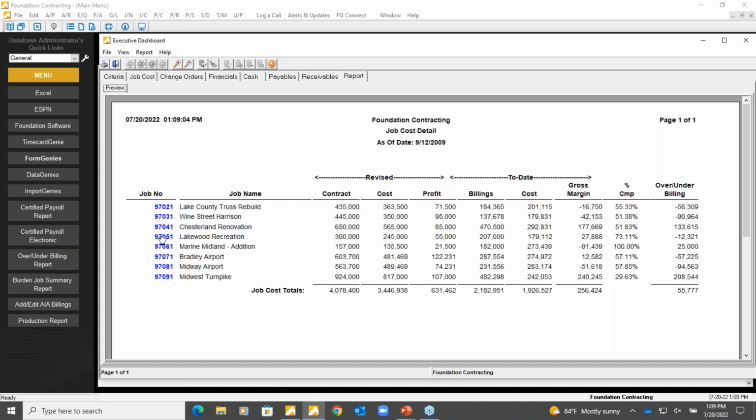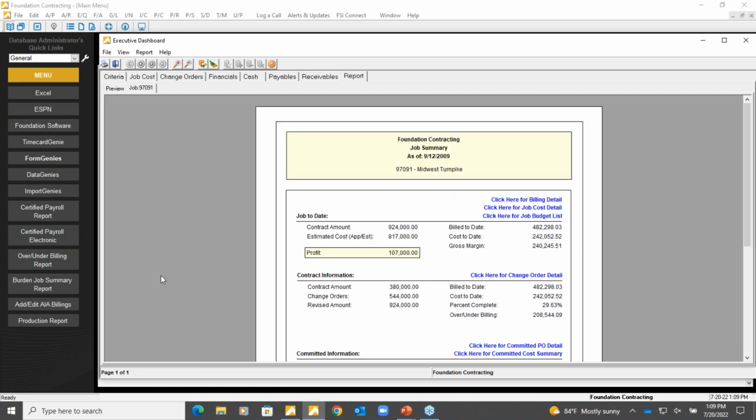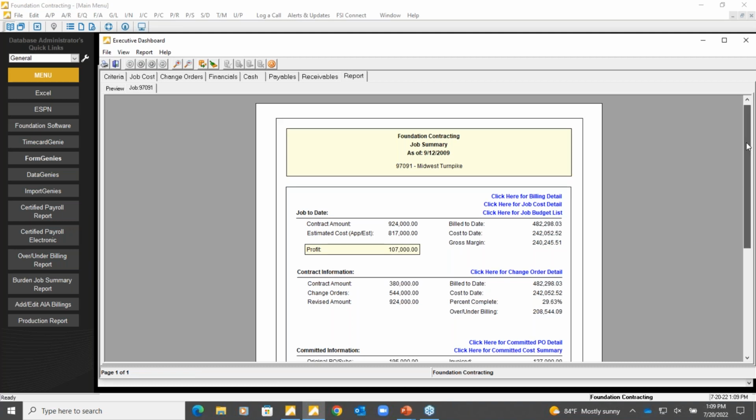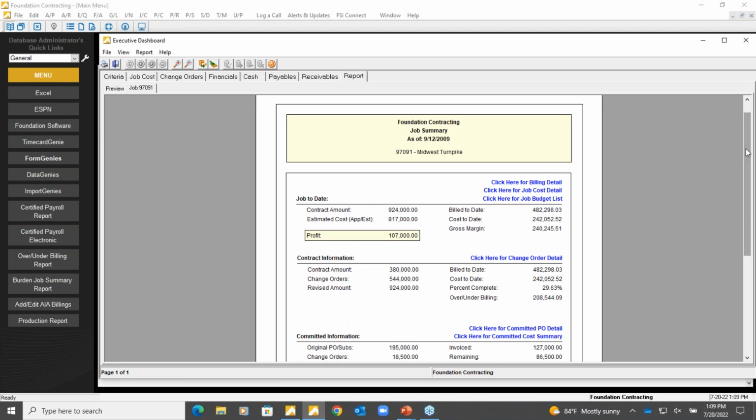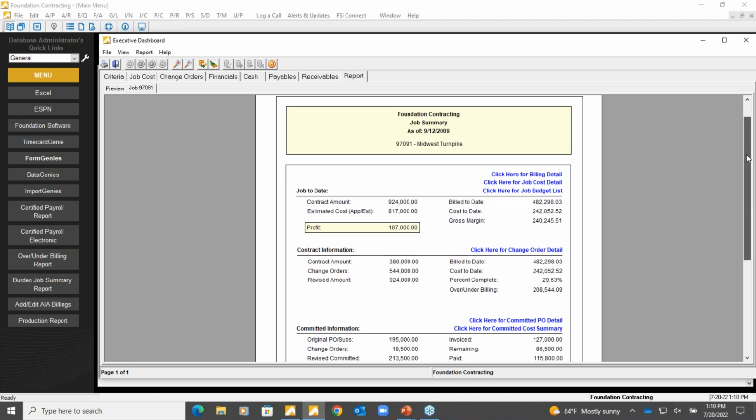And then obviously being able to drill into a job is key. Anything you see highlighted in blue allows me to take a step further and drill within that job. It also prevents you from having to gather multiple reports. As you can see on the screen here, I can see every receivable invoice, every dollar of cost, every change order for those that